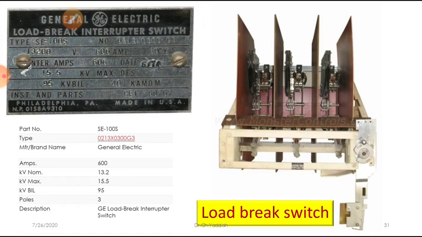So here it is giving some details. That means it can operate, it can open the current carried by the load, 600 amperes, at a voltage of nearly minimum 13.2 kV, maximum 15.5 kV. You can see in the figure how they operate by special mechanisms, especially the high voltage HRC fuses. We can see this operation also in one or two videos. You can get some idea. These are the things you have to remember.